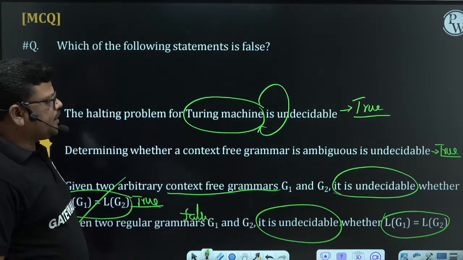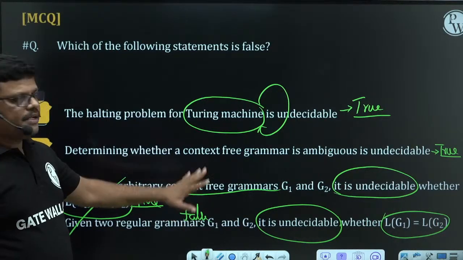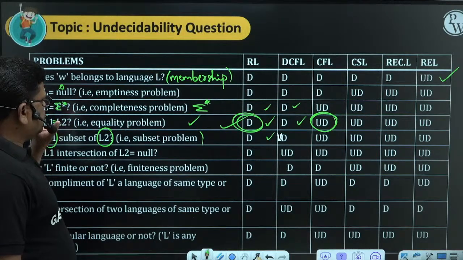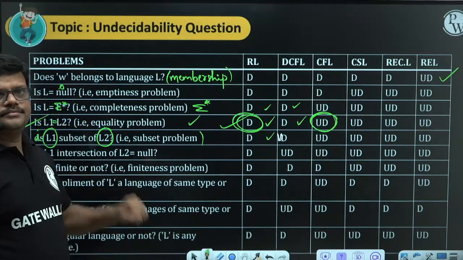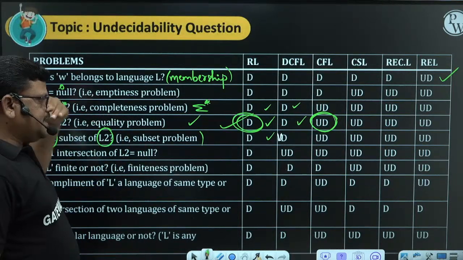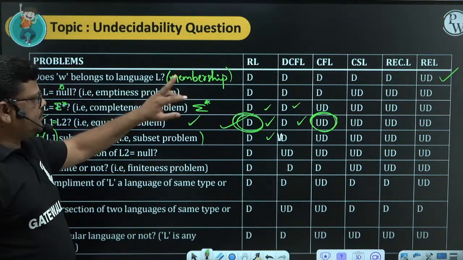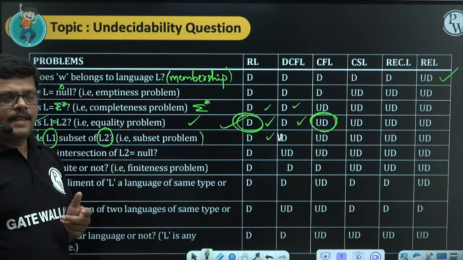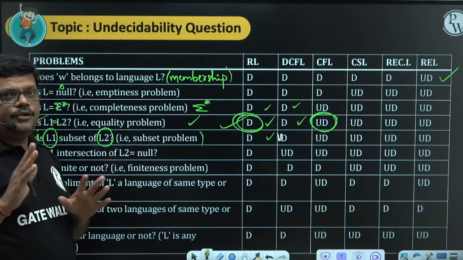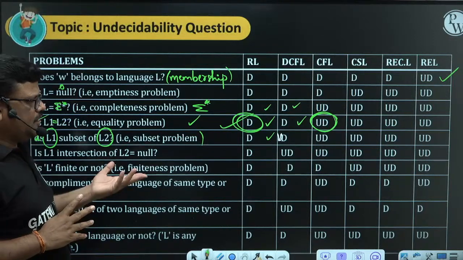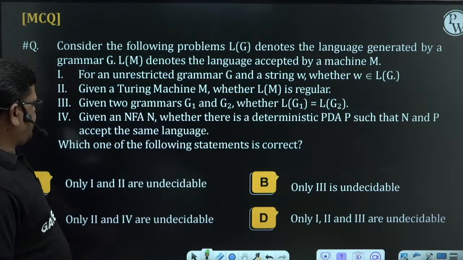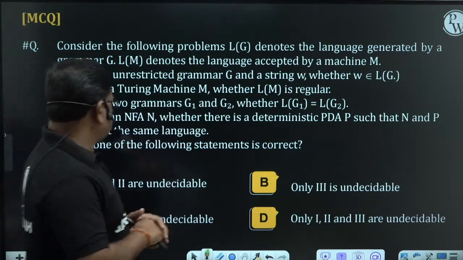What we are going to conclude from these questions is, all the questions are very easily solvable if you are able to remember this. This is a ready-made one. While generating the table, we'll see the logic of how this is decidable, how this is undecidable. But at the end of preparation, you prepare a table, and we need to remember this up to the exam. So in the exam, we'll get questions of this type. If we remember this, it will save your time to answer questions directly. See, this is one of the questions. I think it is for 2 marks.